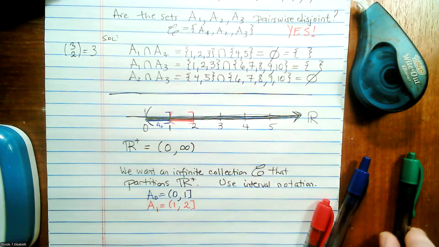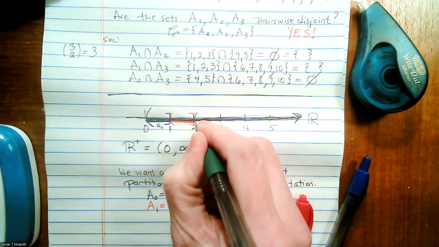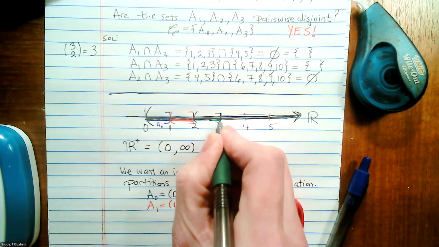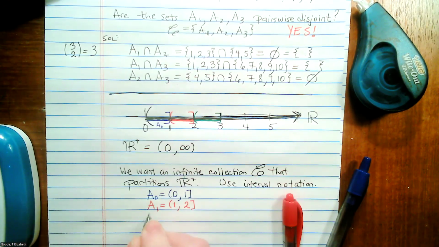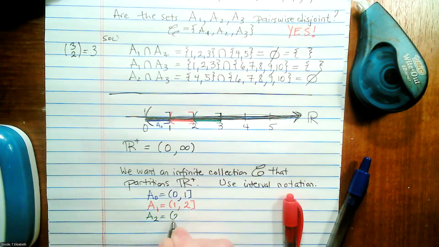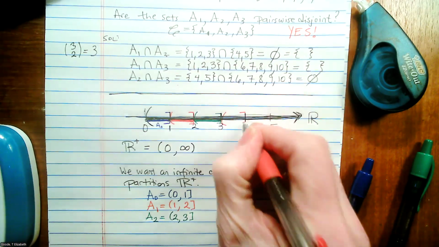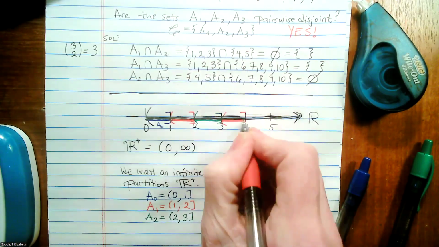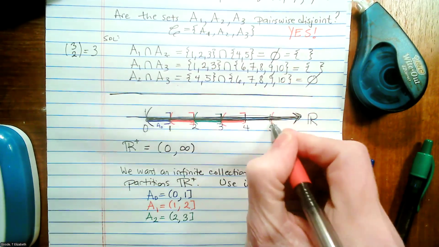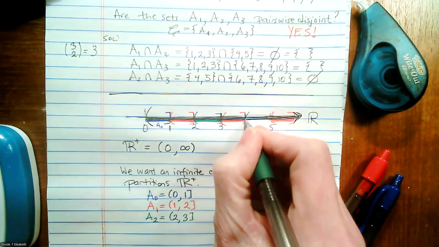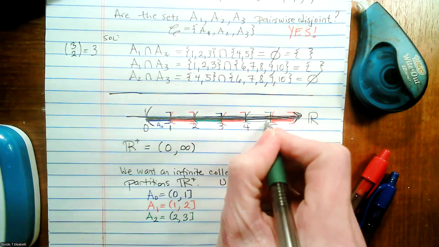And then we could say, oh, looks like it might work because we're filling up the real number line, but these are disjoint sets, and we'll be able to define these in a way that we can just keep on going. We can just keep this game up. We can see what I mean? You could just keep on going and fill up the whole number line with little sets that are 1 unit long,